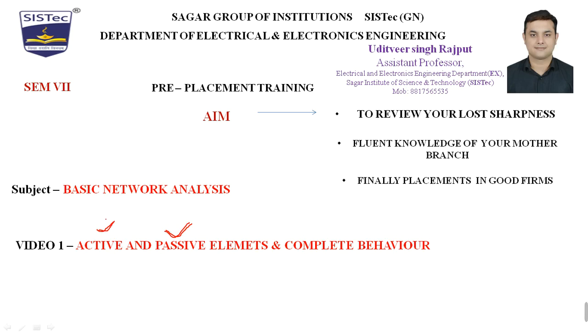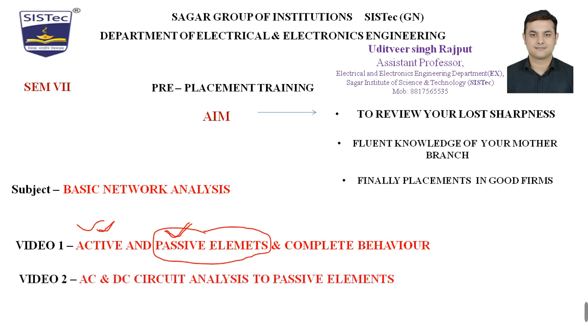Now, if the energy source is an AC source, then the behavior of this passive element will be something different. And if the active element is an AC source or a DC source, I mean to say that the behavior will be completely different. That behavior in both the cases we have to closely examine. And at last, we will say that there is a great role of frequency. That means frequency has a great importance in our electrical circuit analysis.